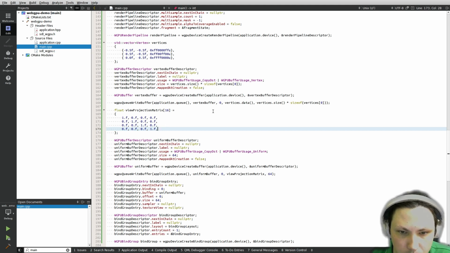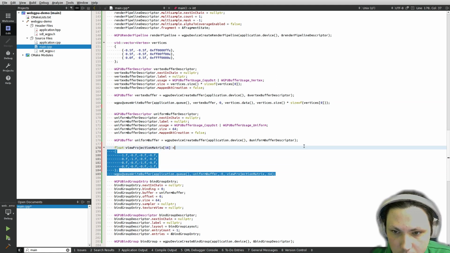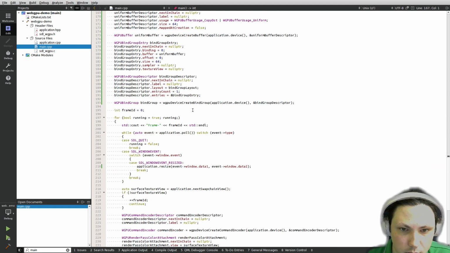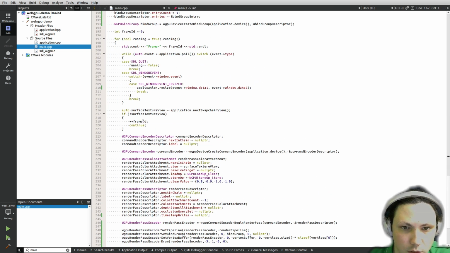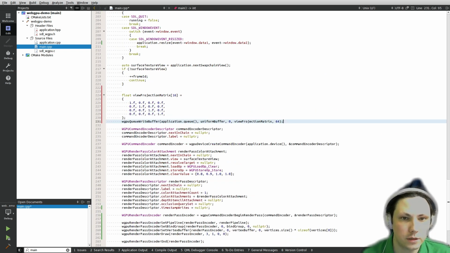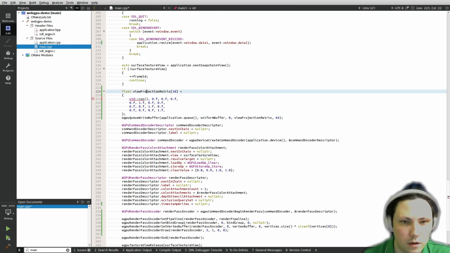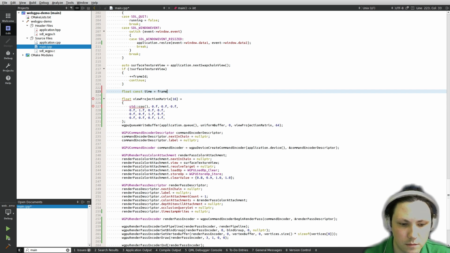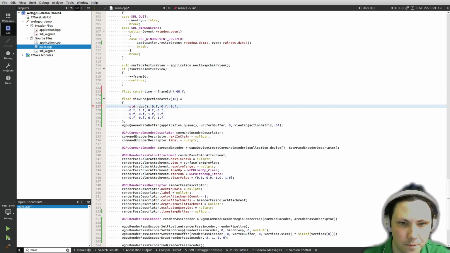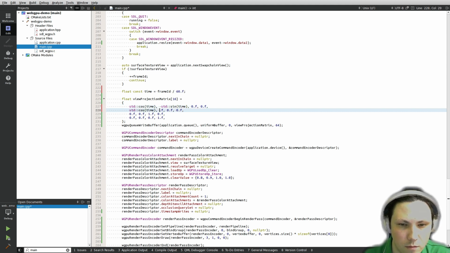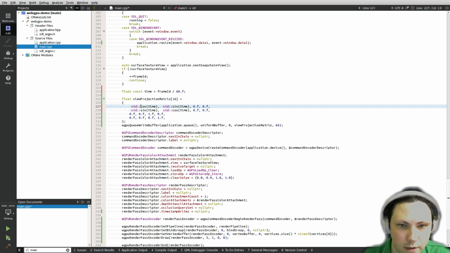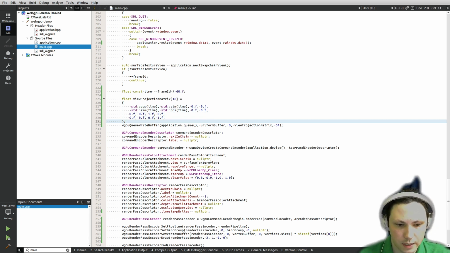Let's maybe do something like change this matrix later in the loop, and I don't know. Let's use frame ID as our time indicator. So let's create the matrix which, I don't know, rotates. I think we need it like this, for a counterclockwise direction. Yep,